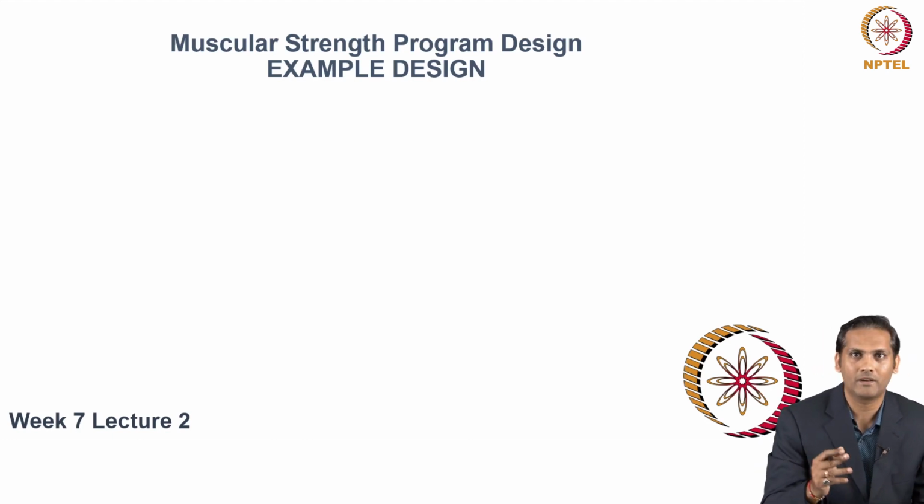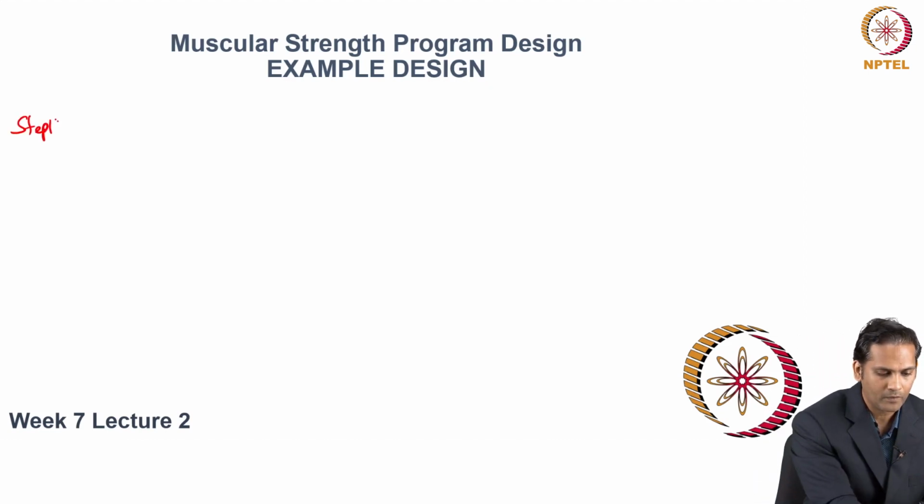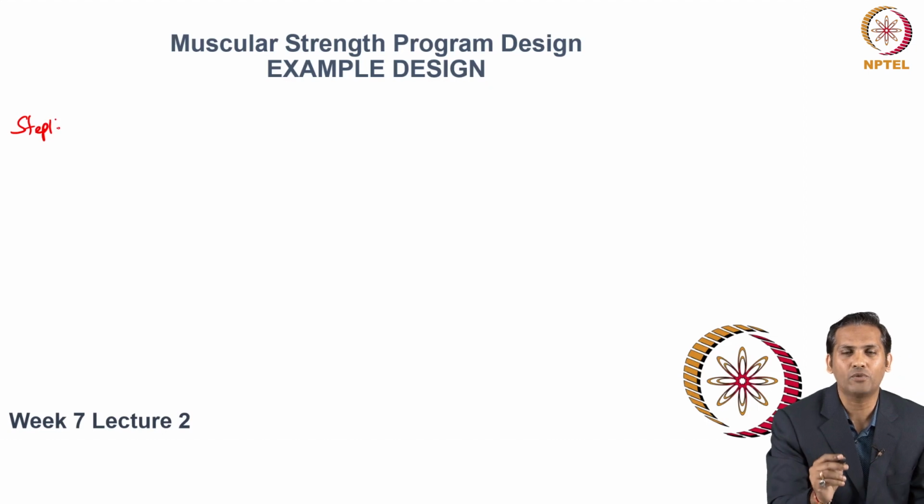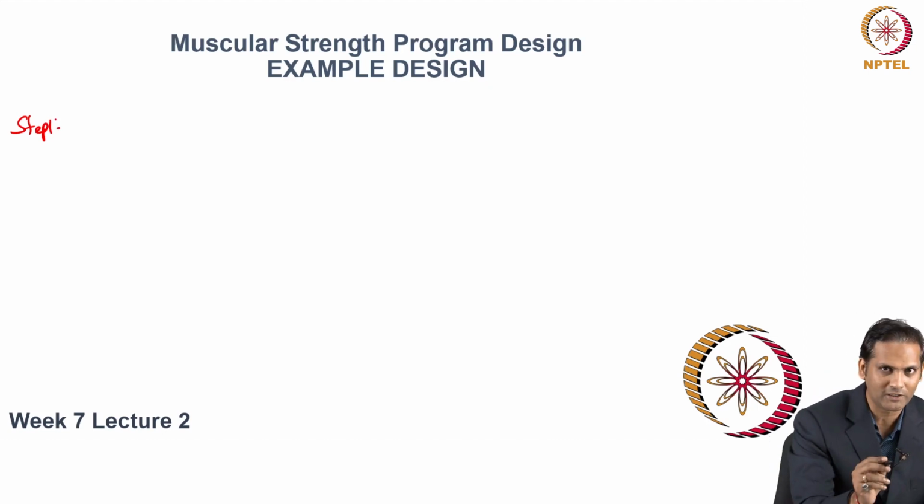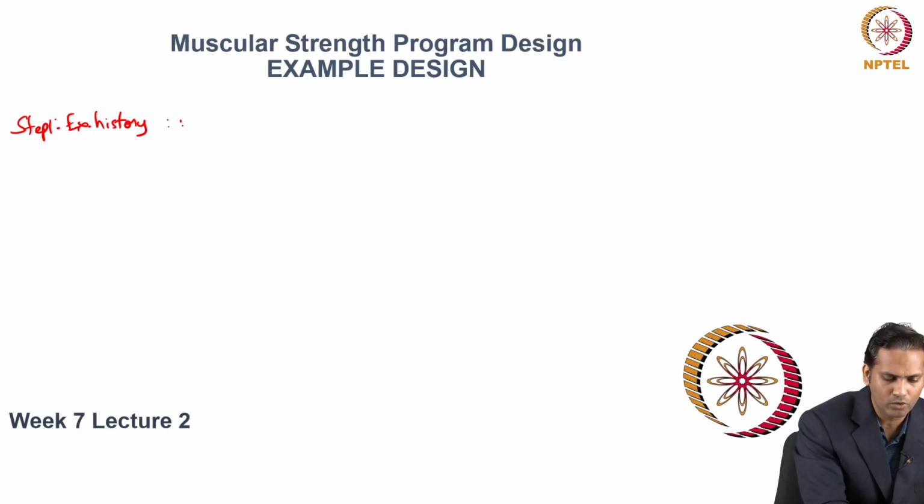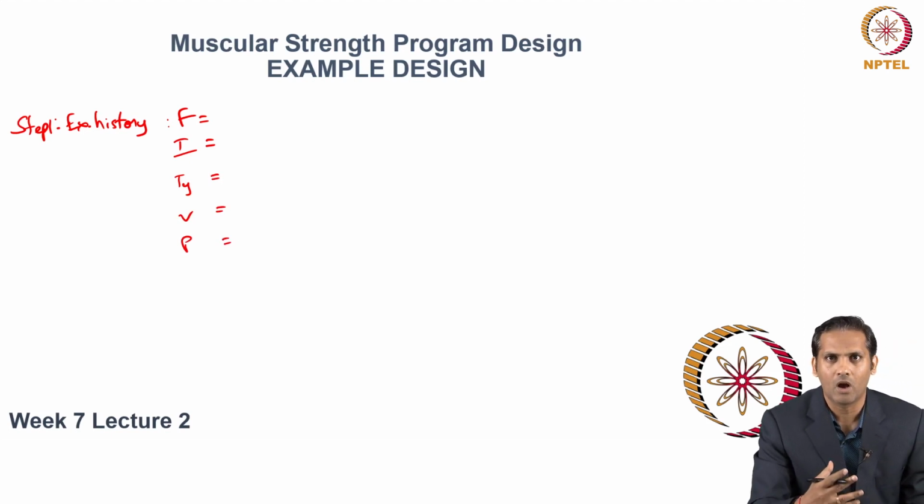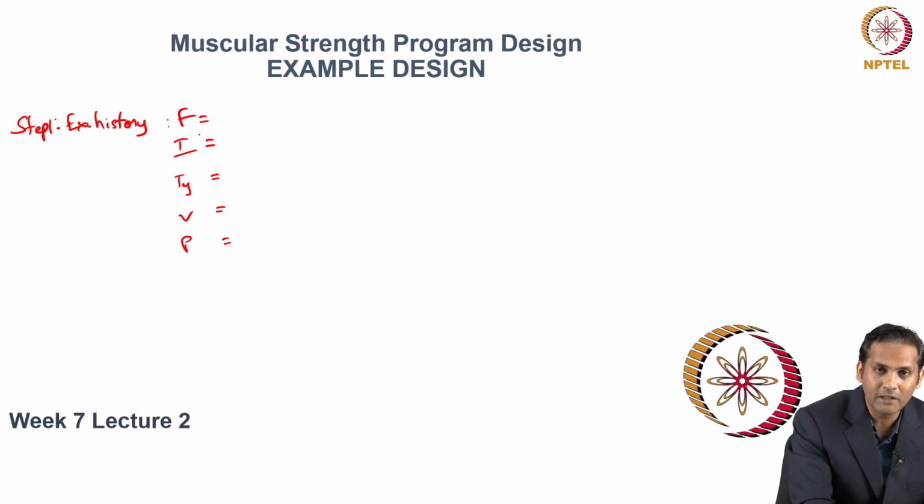It starts by recollecting your exercise history, where you use the acute training variable concept, the first concept of program design. So the first is exercise history. And how would you know the exercise history? You simply use F, I, T, T, V and P. So I'm giving you a demonstration of designing a muscular strength program for myself. So my previous workout,